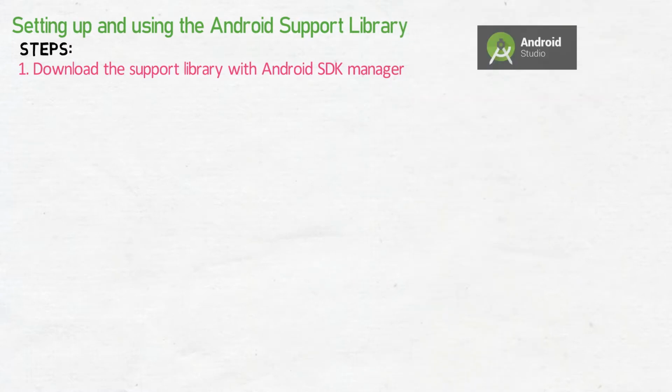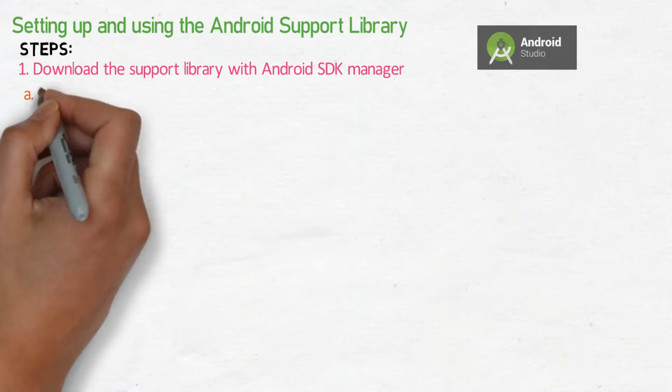In Android Studio, you will use the Android support library repository in the SDK Manager for all support libraries to get access to the library from within your project. You may already have the Android support libraries downloaded and installed with Android Studio. To verify that you have the support libraries available, follow these steps.